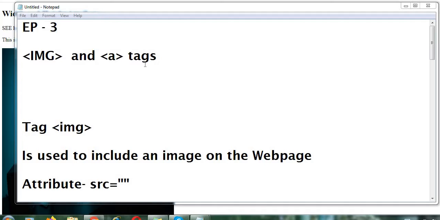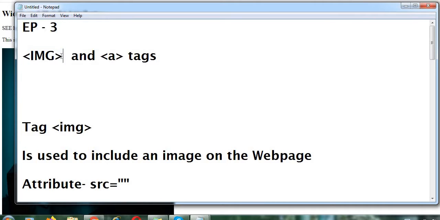Here I will start with the image tag and the A tag. First of all, in short, img is the tag mentioned here. This tag is used to include an image on the web page. Means if you are creating a web page, then this tag will be used to include an image.